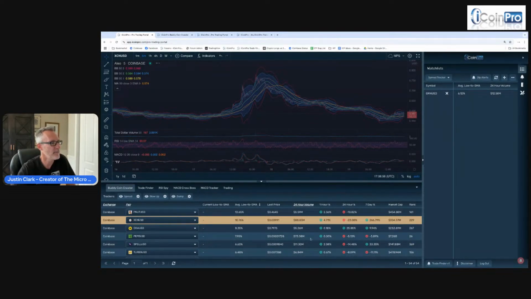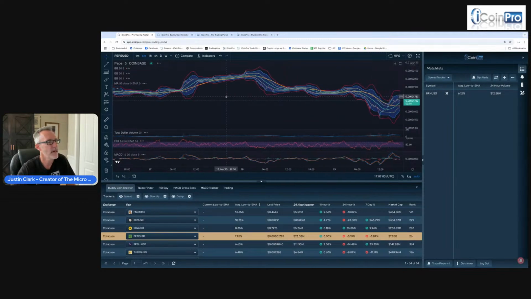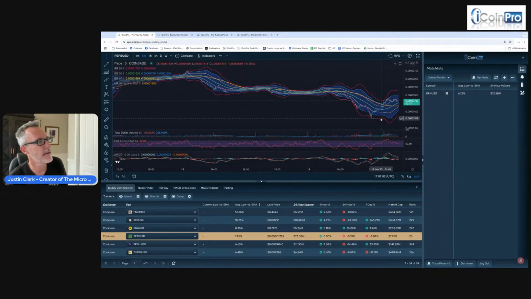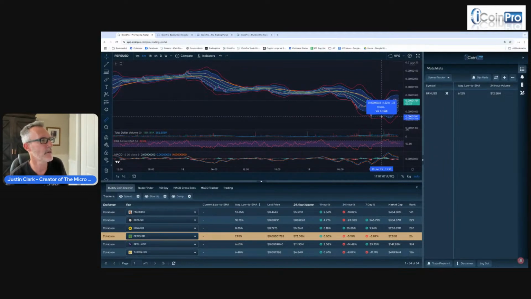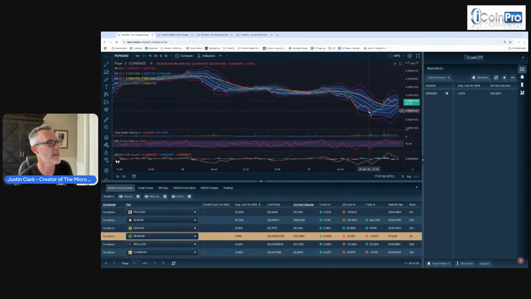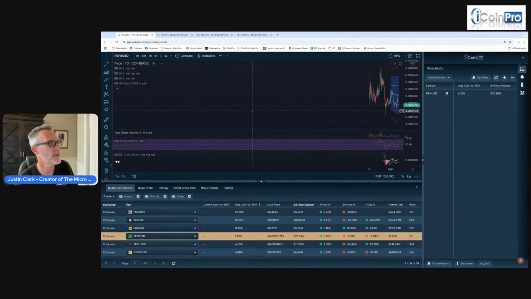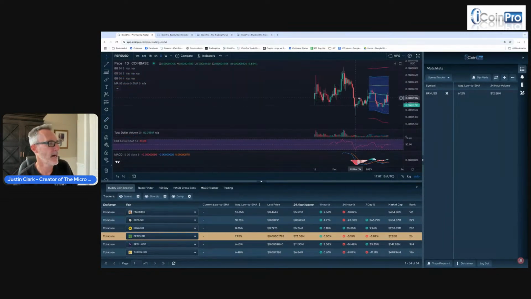All right. Next is Pepe. Pepe is looking pretty good. Let's see here. It did a dip here and, nice, oh my gosh, good recovery off of that. 17%. Okay, so Pepe is looking good. Where are we overall on this coin? We're just playing around. Definitely Pepe is going on my list right now. Looks like Pepe is heating up.